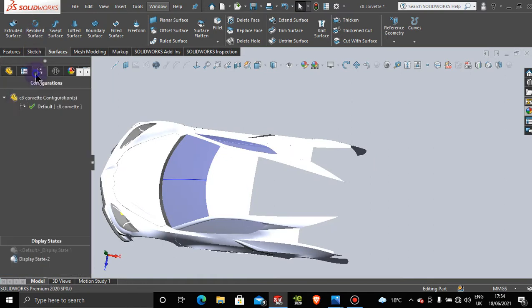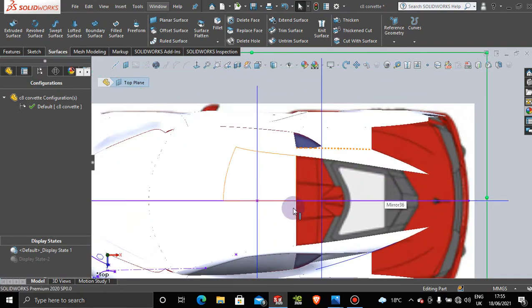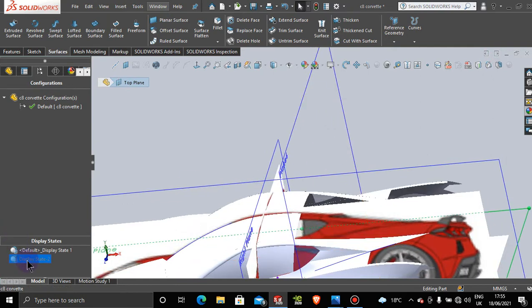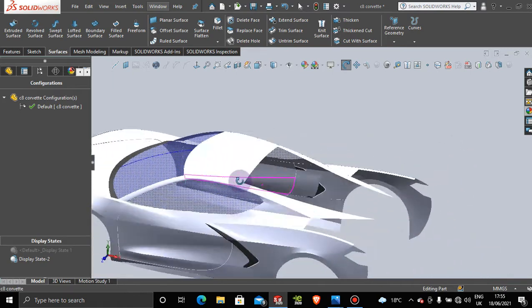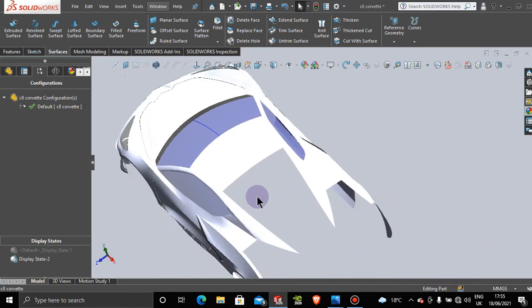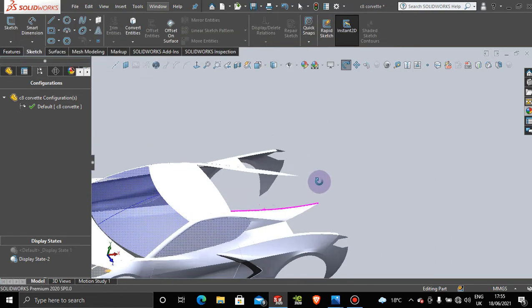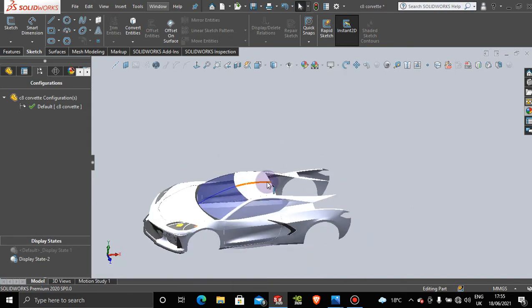And then let's jump over to our second display state. And let's just have a look at things from the top here. And we're looking good from the top. All right. So let's jump to the second display state. And there's one more thing we can do here, which is create this small roof section here. And for that, we're just going to grab a, well, we're not going to just make it the line all the way across, although we could, but the better way to do it is grab the center